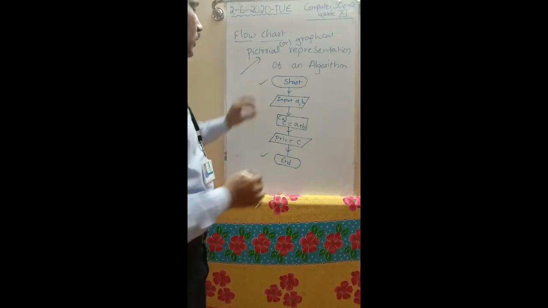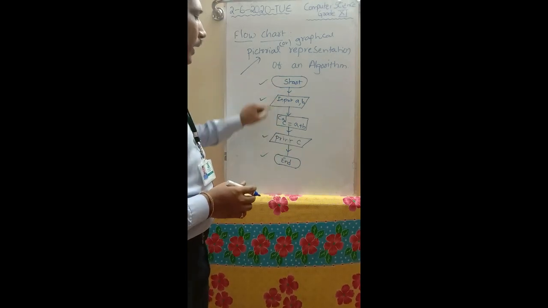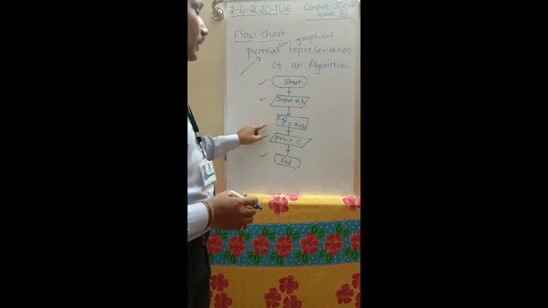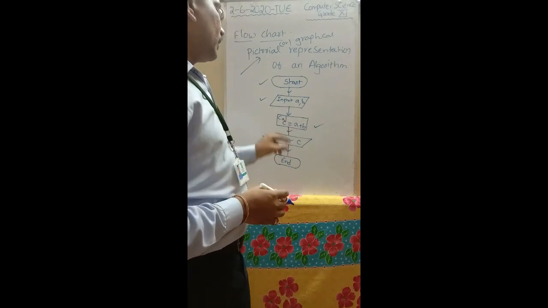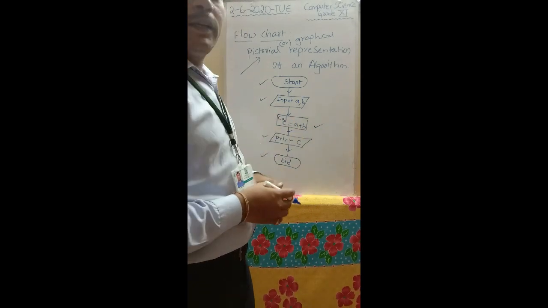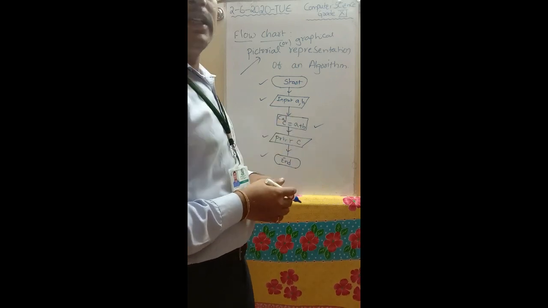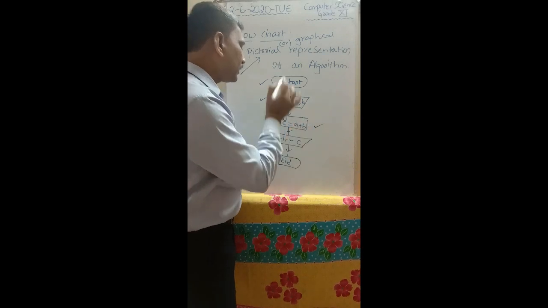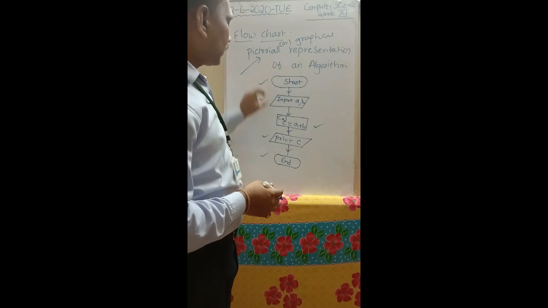Next, this parallelogram shaped box is used for input and output purposes, both input and output. This rectangular shaped box can be used for computing or processing purposes. We are using arithmetic and logical operations, and those operations can be placed in this rectangular shaped box. According to shape, these symbols are